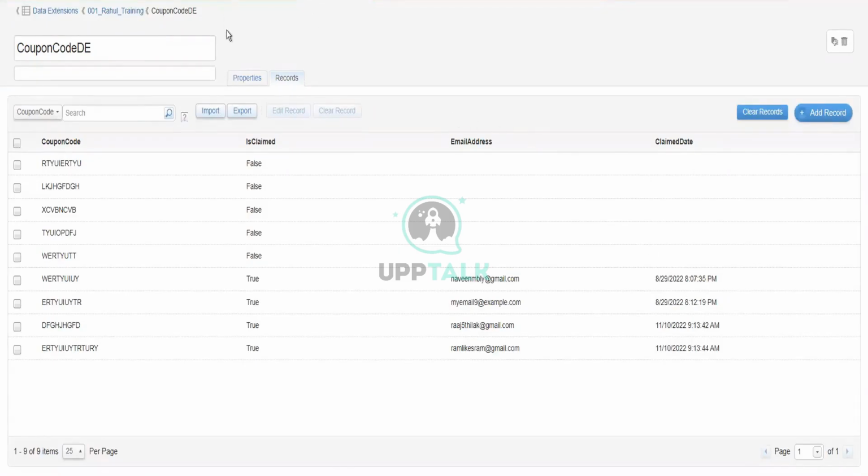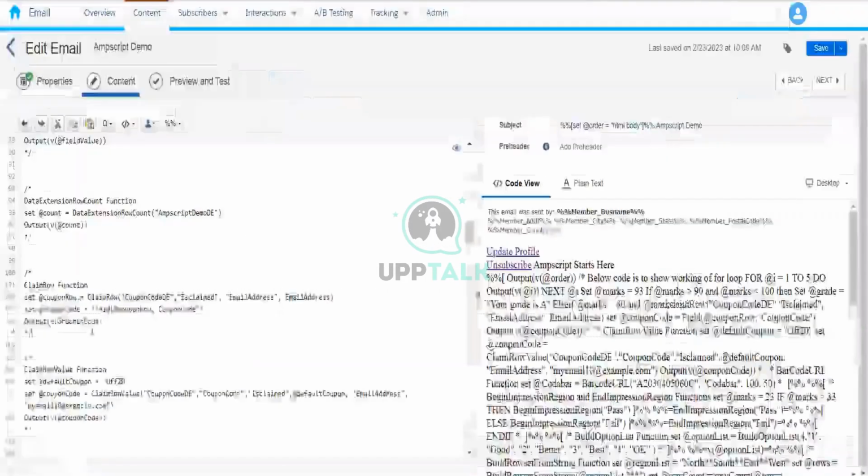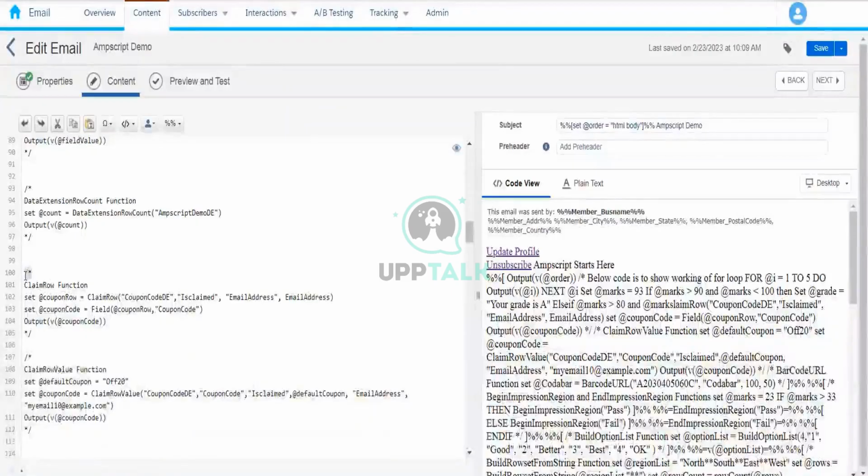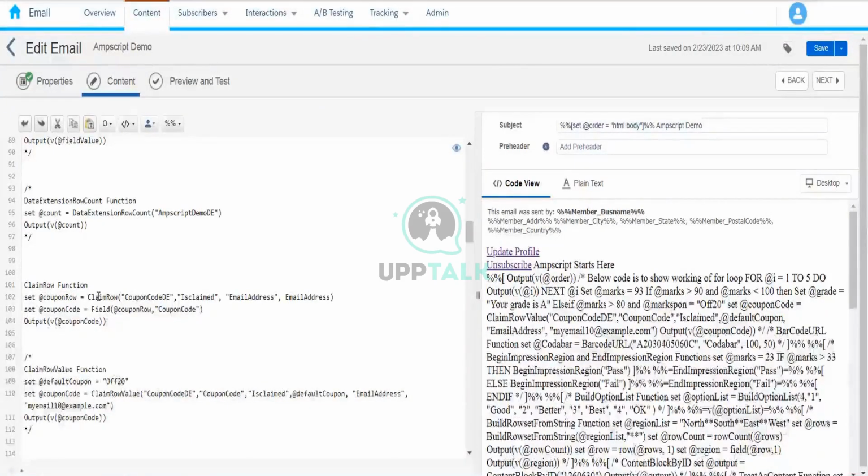Now what we're going to do, we'll come back to our email message. Now we'll see how we can use this function. The first argument we need to pass, like this, is the claim row function. The first argument is the name of the data extension from where the coupon code has to be retrieved, coupon code. Now the next argument we need to pass is the name of the field that will be used to identify non-claimed coupons,